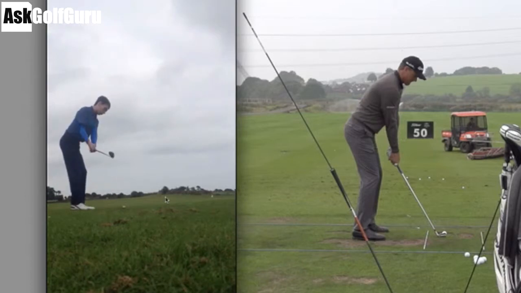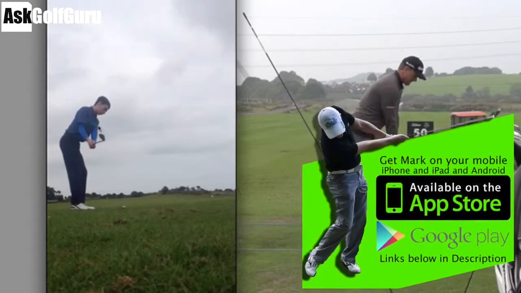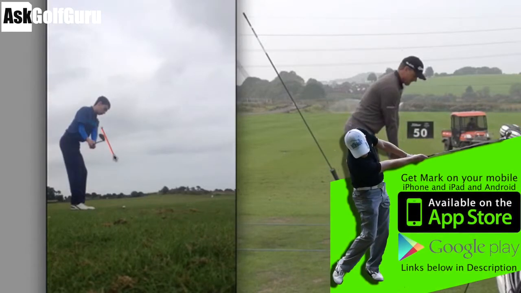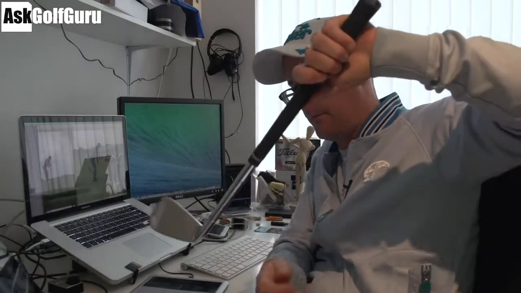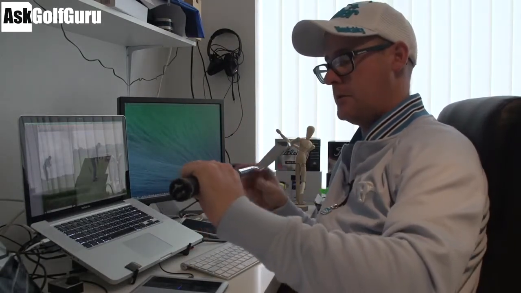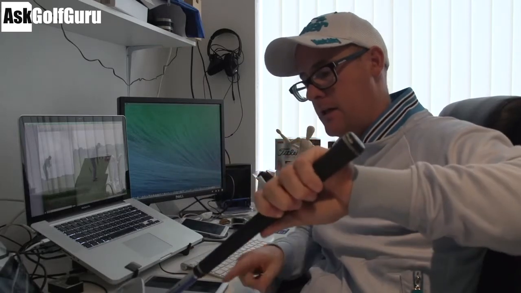Now look, if you take the club back and twist the club that way, so people call that open. So as he swings that club back, it's being twisted to point more to the sky. Now if I was to bring that club back down to impact, it's going to point to the